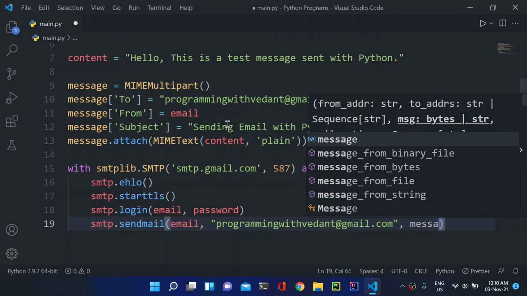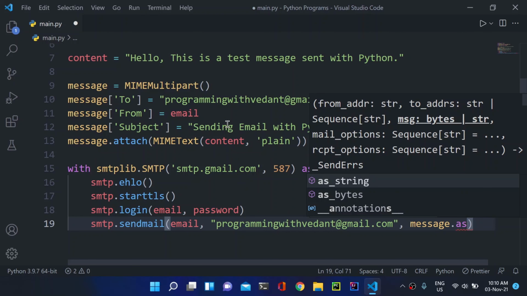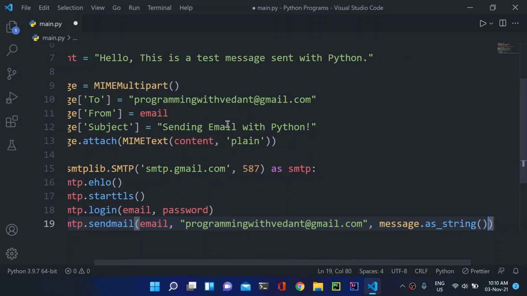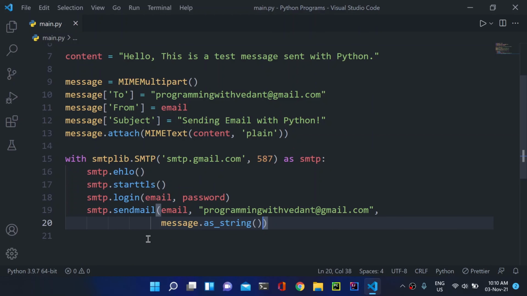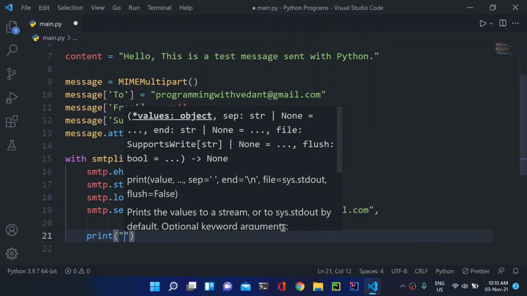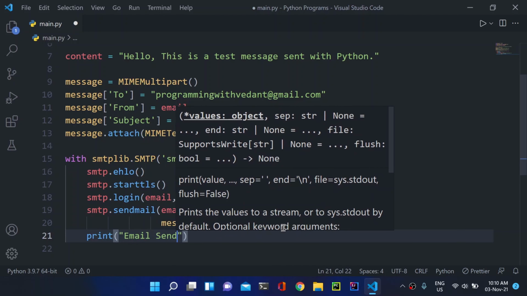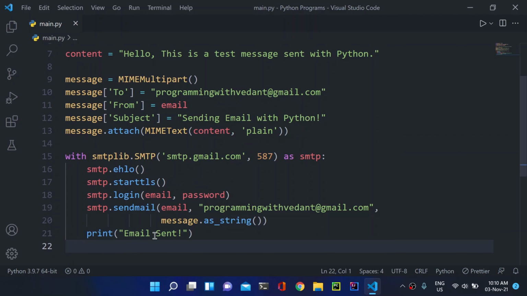So I will simply use this message, and we have to convert it into a string, so I will use as string here. That will convert this message into a string. So we have these three arguments, and simply to make sure, I will print email sent. This will simply prompt us whenever the email has been sent.